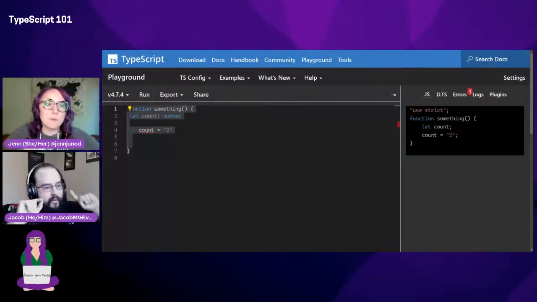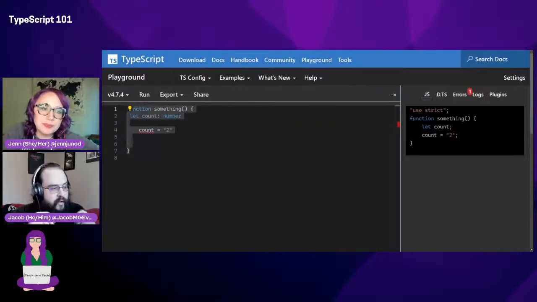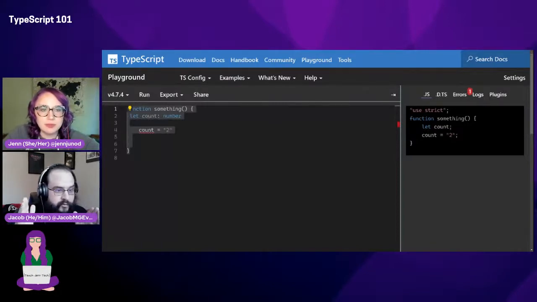So the edge is basically running that code, that serverless function, on hardware that's as close to the user as physically possible.